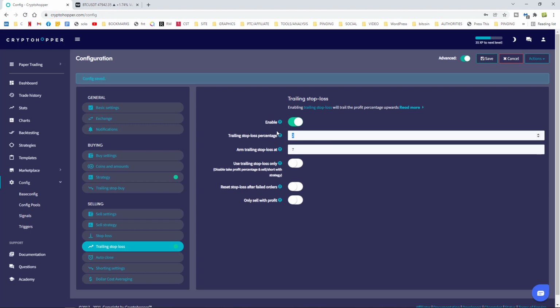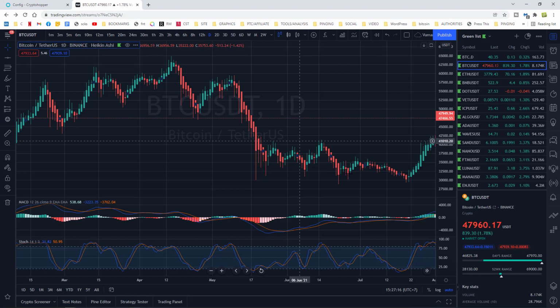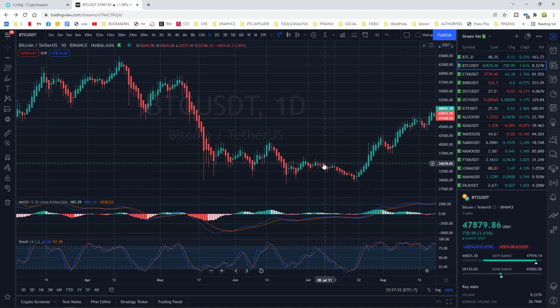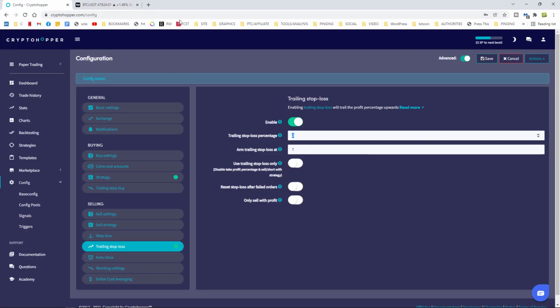Now the reason I like to do that is that 2% gives it lots of wiggle room to go up and down a little bit. So maybe this drop here was only a 1.5% drop, and then it went back up again. You don't want it to go down 0.5%, sell here, and then go right up. You don't want it to sell too soon. So that's what I do to get around that problem. However,